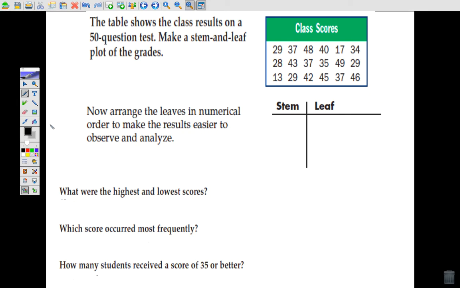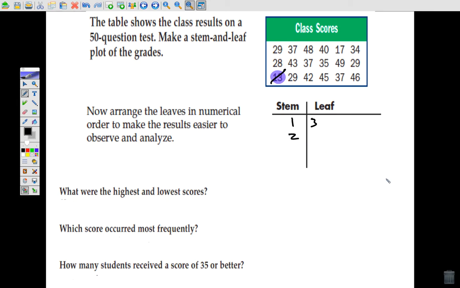So first of all, I'm going to try to identify the smallest number. Is there anything smaller than 13? No, I see a 13. Okay, so I'm going to do a 10 with a 3, which represents 13. I'm done. Now I know I have some 20s because I can see them right away, so I'm going to